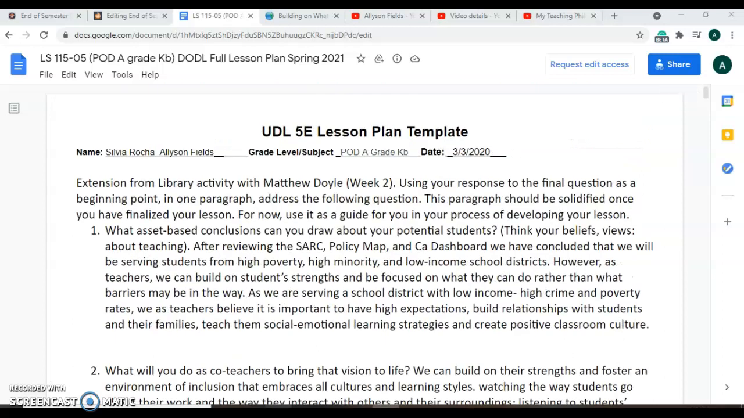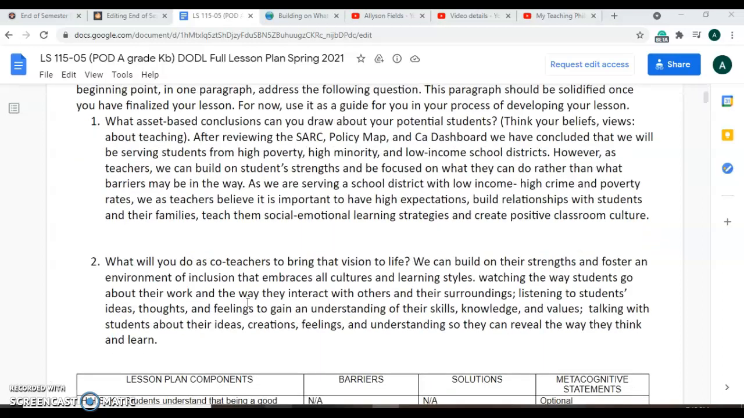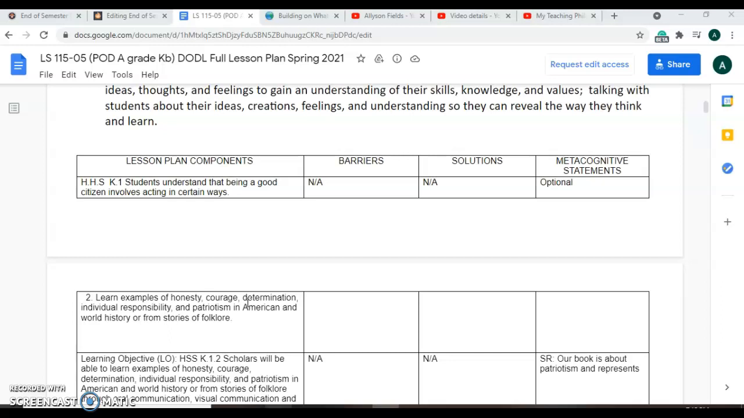I worked with Sylvia, and kindergarten was the grade level that we did. Our lesson was basically where our standard was students understanding that being a good citizen involves acting in certain ways. And our substandard was learning examples of honesty, courage, determination, individual responsibility, and patriotism in America and world history, or